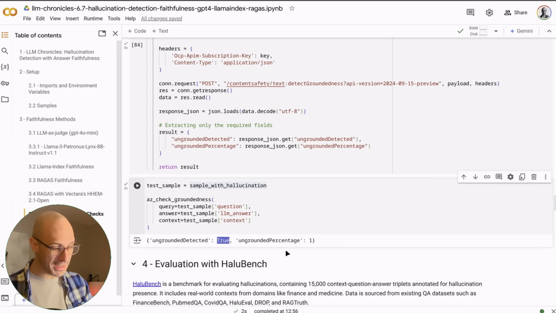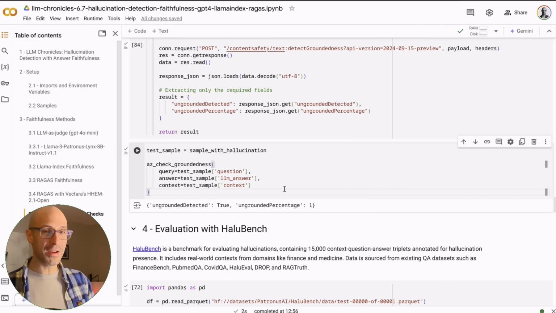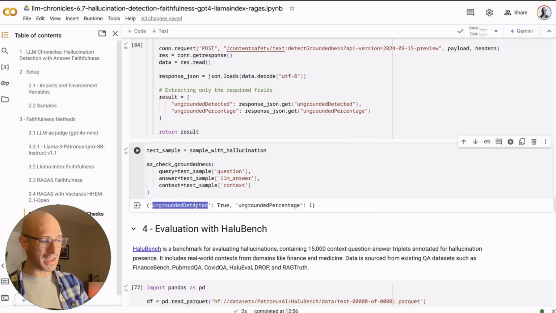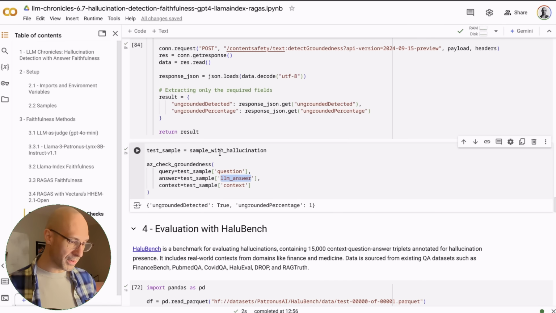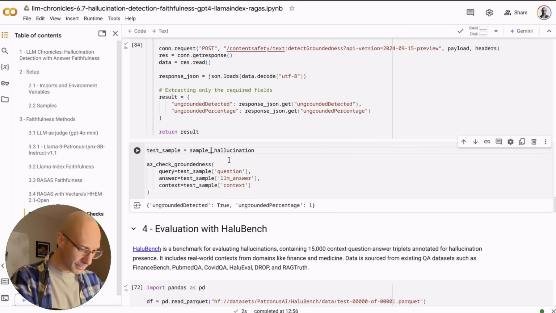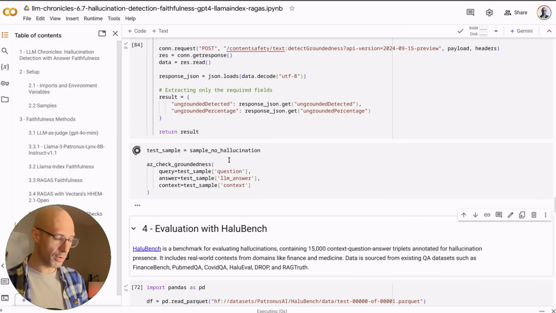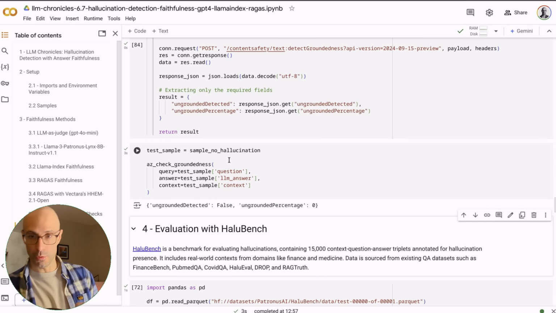I honestly think they chose very weird wording. This "ungrounded detected", basically meaning I have detected that this answer is ungrounded. It's a bit jarring. I wish they just called this faithfulness, true or false. But anyway, obviously, if we try like this with no hallucination,